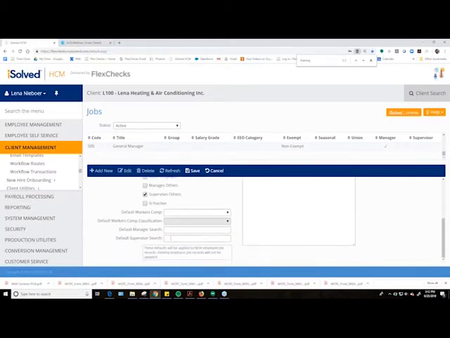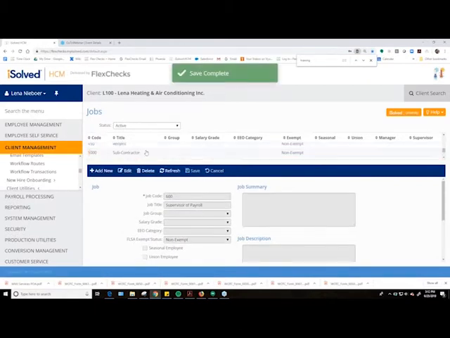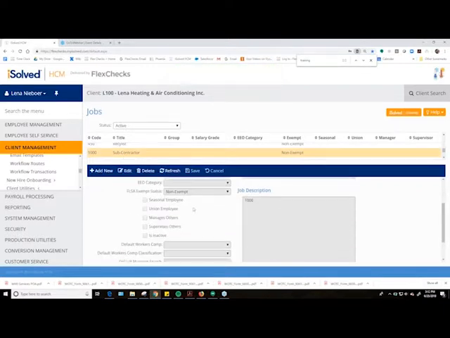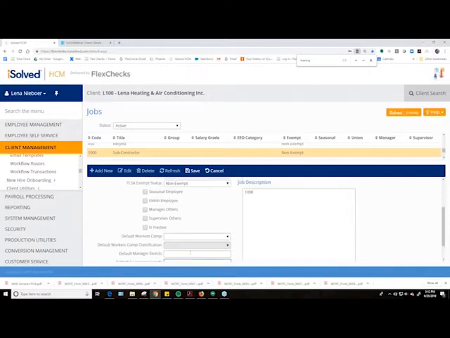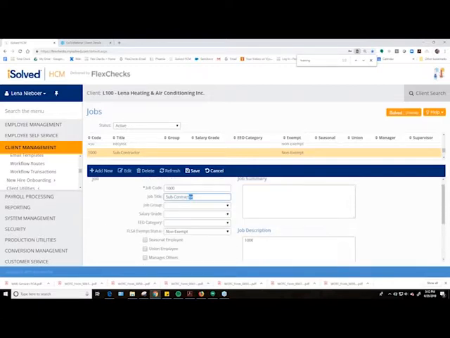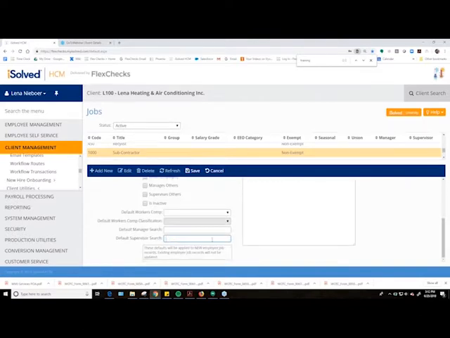This is the default supervisor search. Let's hit save on the supervisor role. Let's go to subcontractor. If you wanted to use this default supervisor search, you could enter an employee here. And any employee who was given the job title as subcontractor would automatically get assigned whatever employee is listed here